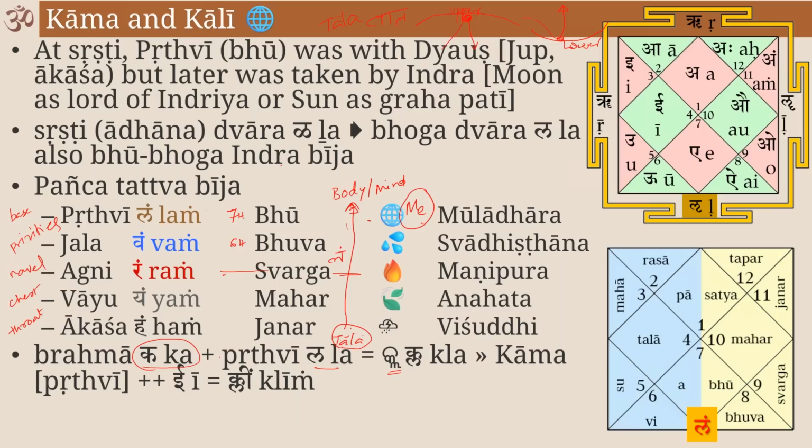If I say Ka and Va, Kwa, it goes to Swadhisthana. Ka and Ra, Kra, goes to Manipura. Ka and Ya, Kya, goes to the chest, Anahata. And if I add Ha, which is very difficult to add to a consonant, normally it becomes Kah, so the only way I can add this is by adding a visarga. If I add a visarga, it will come: Kah.